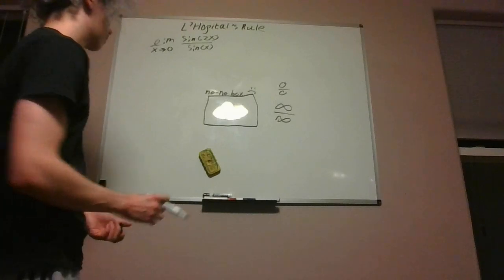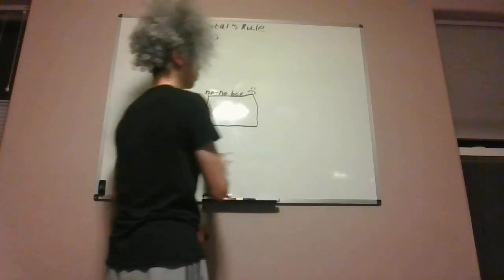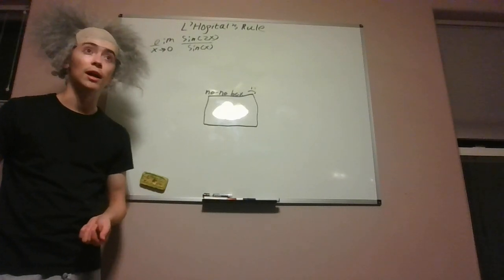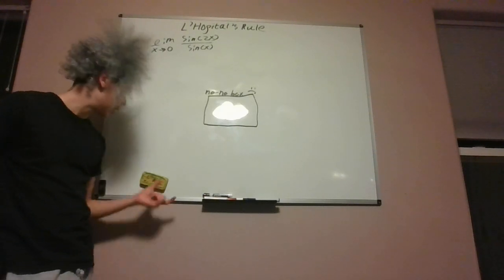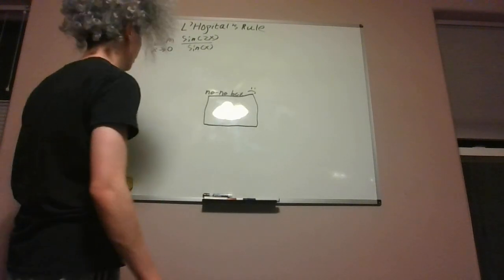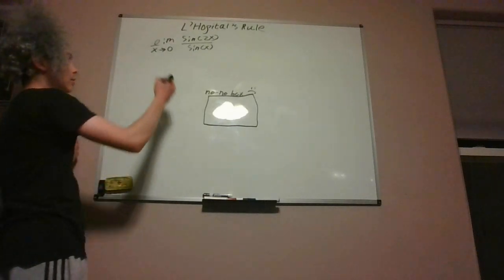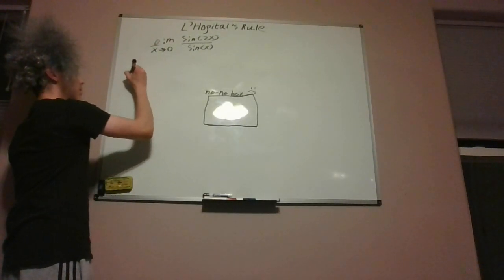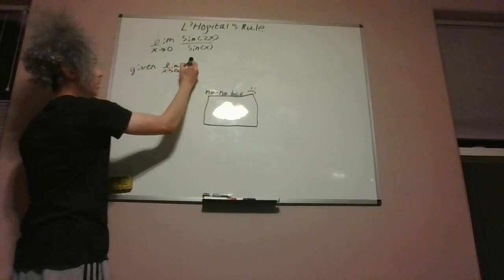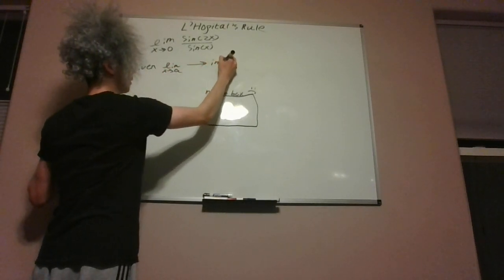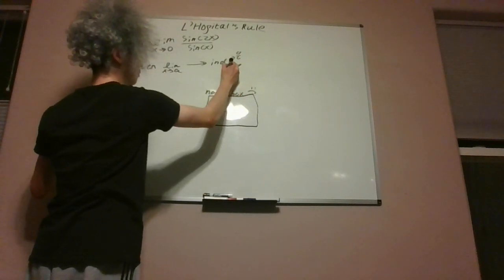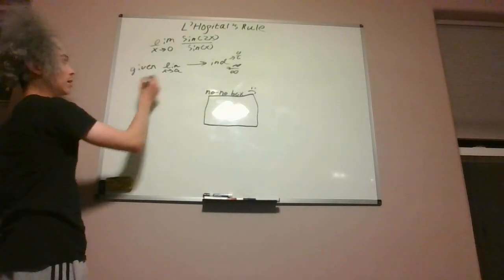So, what is L'Hopital's rule? Let's go through a hard definition, as always, and then we're going to take a look at how I like to think about it, and go over some more textbook stuff, in case you're in a calculus class right now, specifically like AP, right? I know they like to talk about writing a lot. L'Hopital's rule states that given some limit as x approaches a that gives you an indeterminate form, that's going to be 0 over 0 or infinity over infinity, because it has to be a fraction. We're talking about fractions only with L'Hopital's rule, right? So given this,